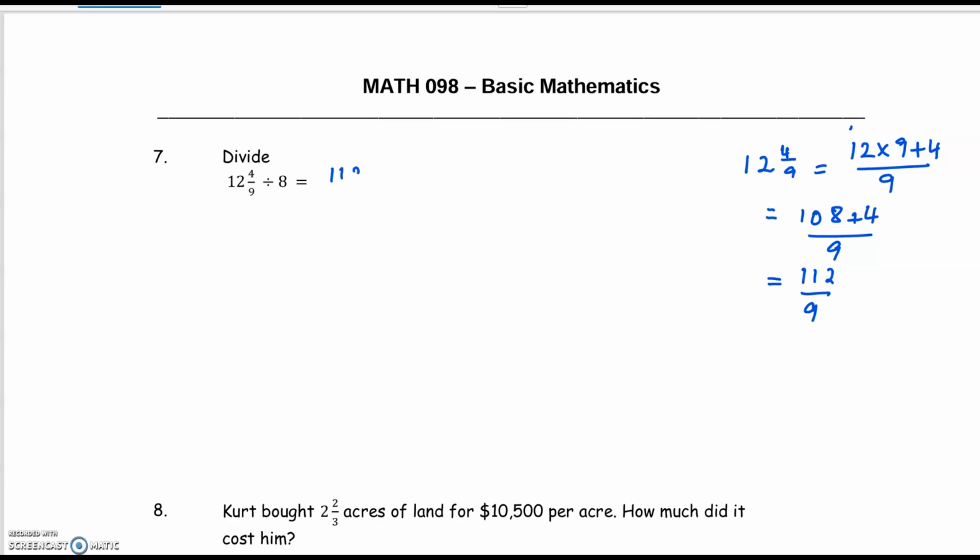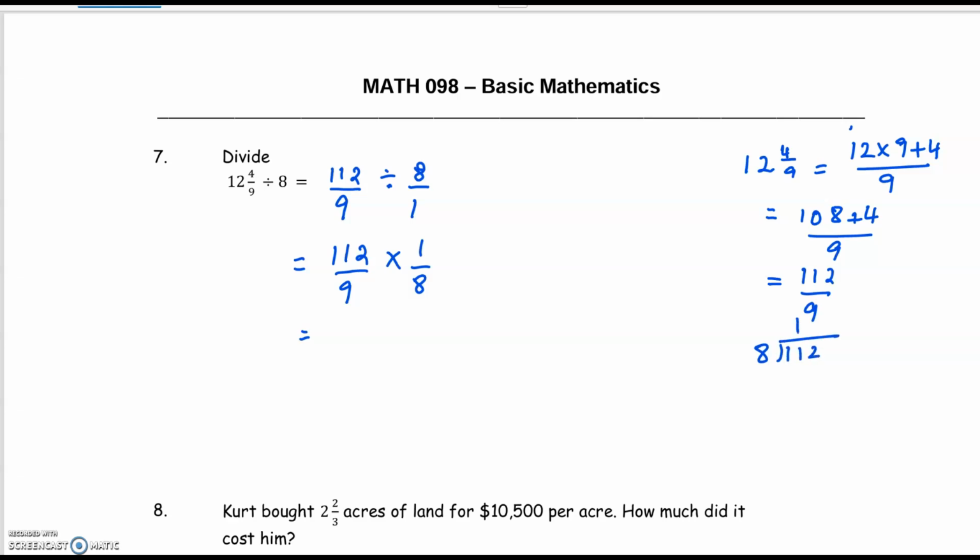So 112 divided by 9 divided by 8, which is a whole number. So we write it as 8 over 1. 112 over 9 times 1 over 8. Now let's see if anything cancels. Does 8 go into 112? If it does,